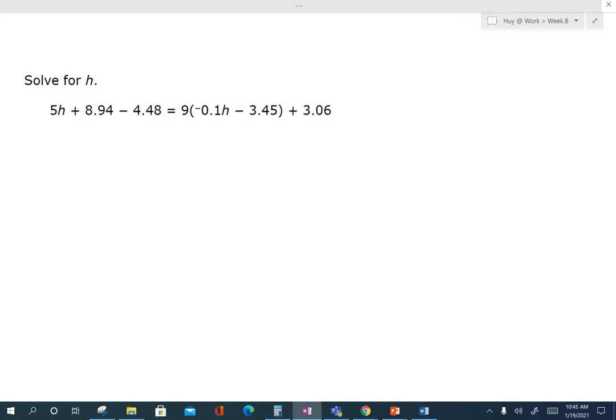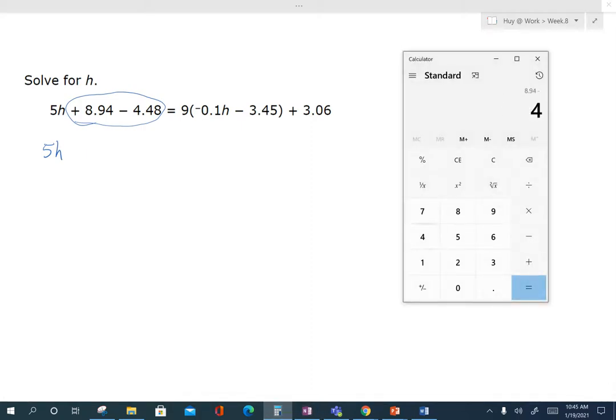But you know what? I'm gonna change what I'm gonna do. I know I said you should probably just do things the same way so it's easier, but I want to simplify this before I start other work, okay? So I want to simplify this by combining like terms on the left side. So 5h, we have